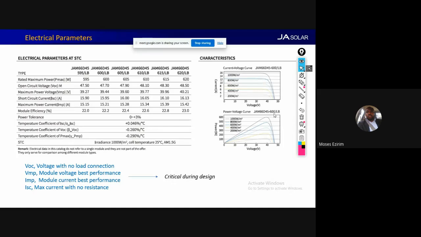So if you want to know the VMP, because your module is actually going to be arranged to feed into the inverter. In terms of grid, I'm talking about grid tied now. So you arrange your module to feed the grid tied inverter. And how do you know how to arrange your module? You know by getting instruction from the inverter.